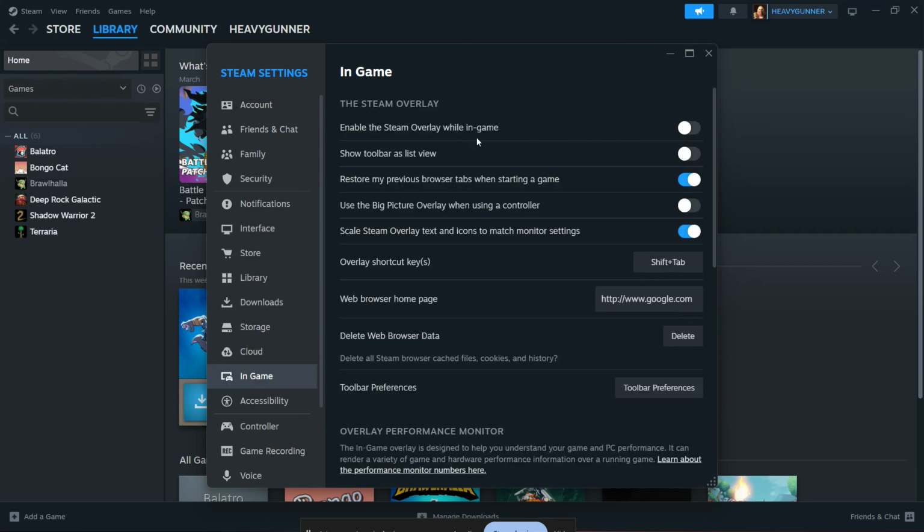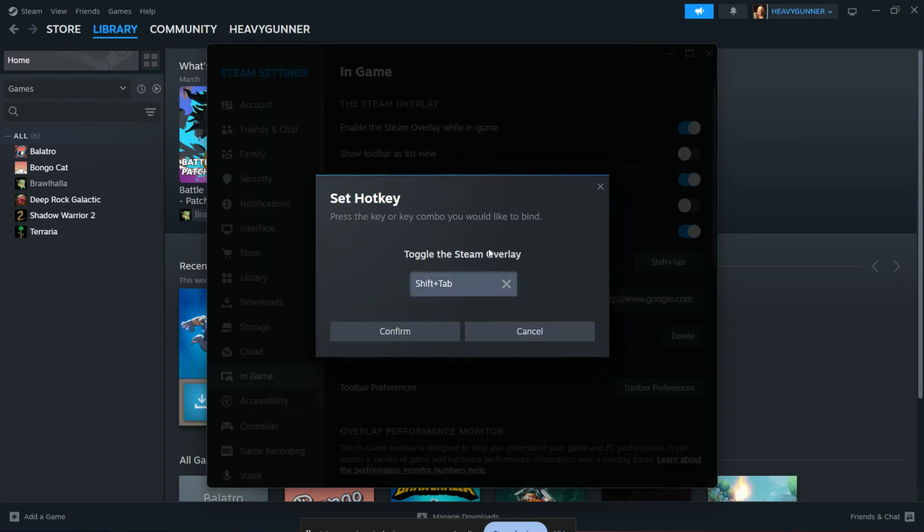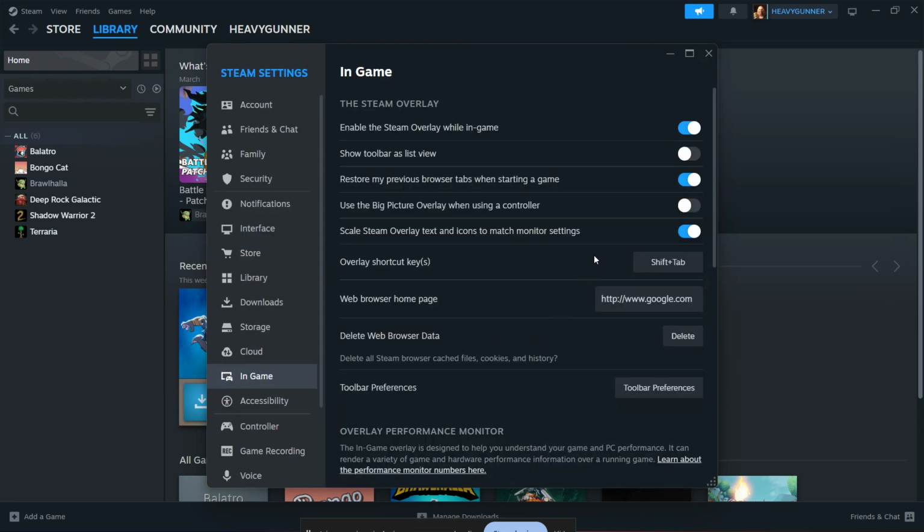Now find the option that says Enable the Steam overlay while in-game and make sure it is turned on. This is the master switch, so if this is off, the overlay won't work no matter what game you launch. Right below that, take a quick look at the shortcut keys. By default, Steam Overlay opens with Shift and Tab, but if you've changed it before, make sure you remember the new shortcut. Knowing the key combination is important because that's how you bring the overlay up once you're inside a